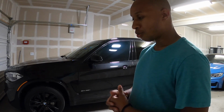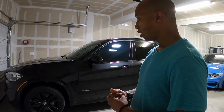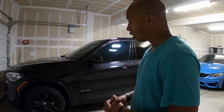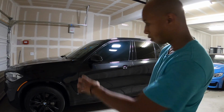I test drove one. I said, wow, this is powerful enough for me. Then I bought one sight unseen in Minnesota. Had the inspection done. It passed all the inspections. I went ahead and had it shipped here, and it's been a good car ever since. It's ceramic coated. It has the paint protection on the whole front end, headlights, fog lights,